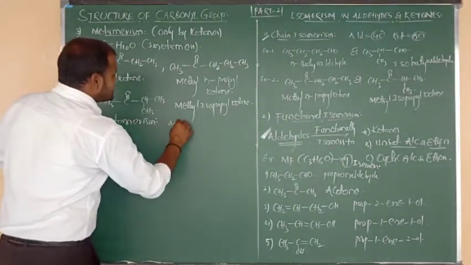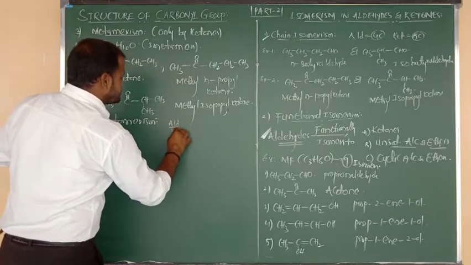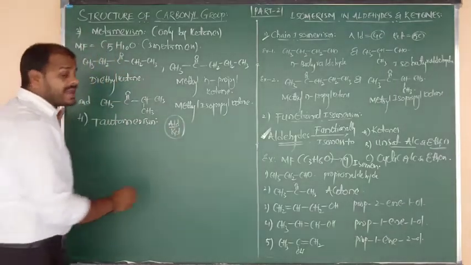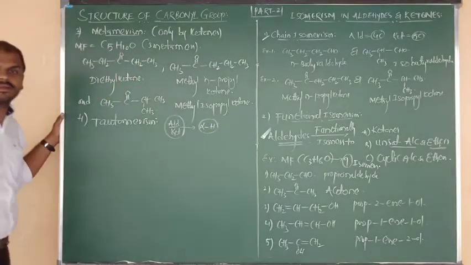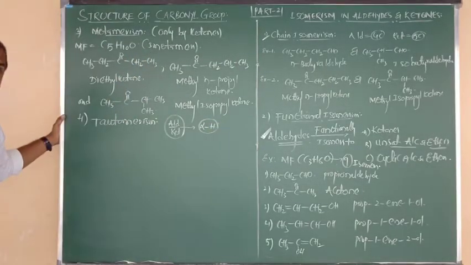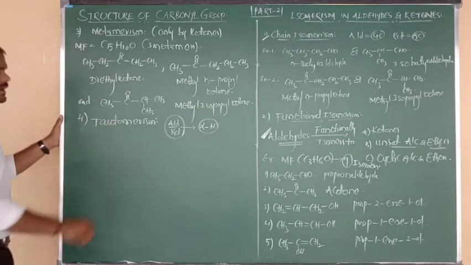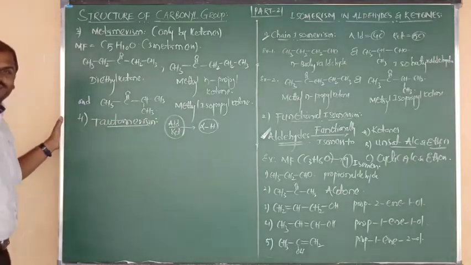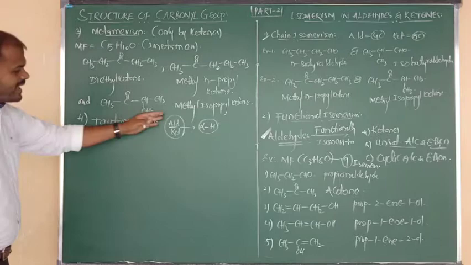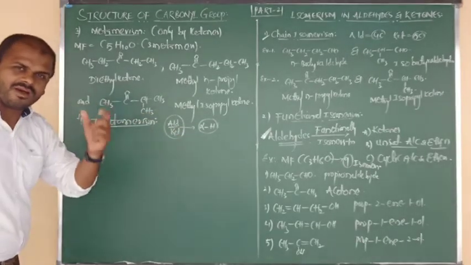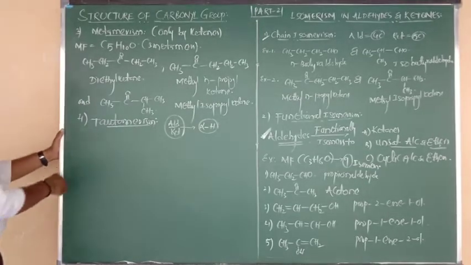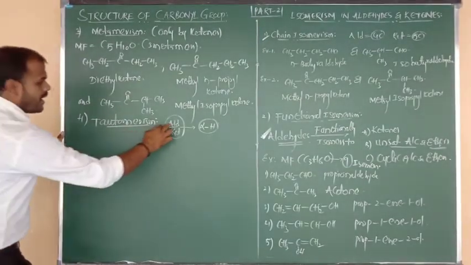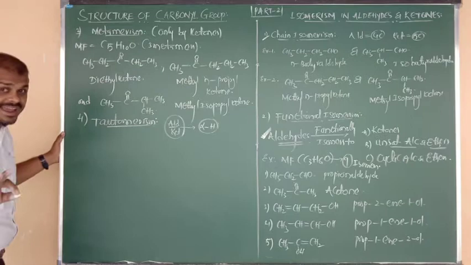The aldehydes and ketones which have alpha hydrogen, at least one alpha hydrogen, must be contained, and only then are they going to exhibit tautomerism. Okay? Once again, the aldehydes and ketones which have an alpha hydrogen atom are going to exhibit what, beta? Tautomerism.